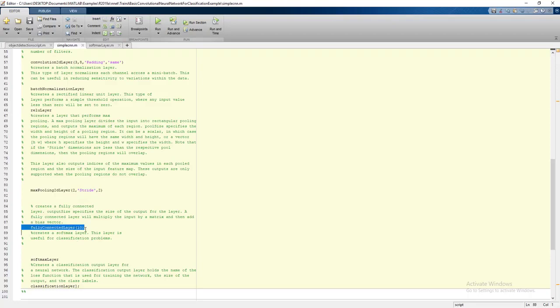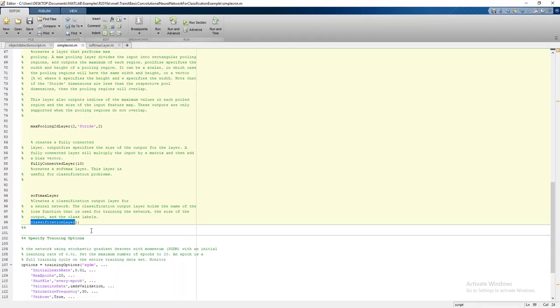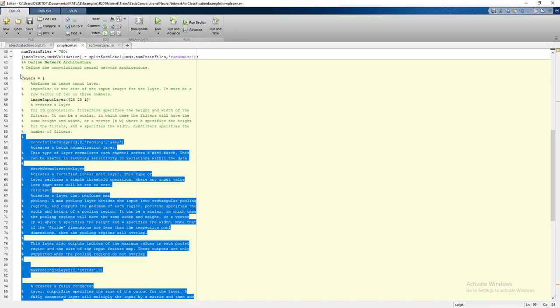The purpose of the fully connected layer is to recompile all the features coming from the output of the max pooling. And softmax is a layer we use for classification purposes, and the classification layer finally distinguishes the label of the input sample. Once we have this layer model ready, let me show you.